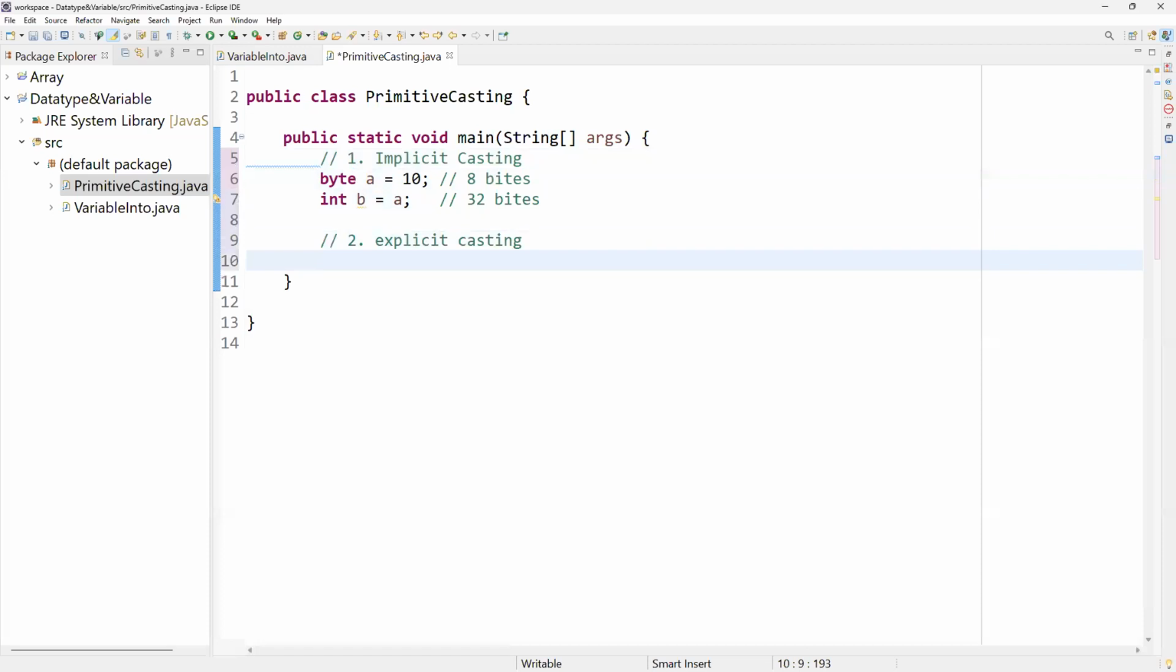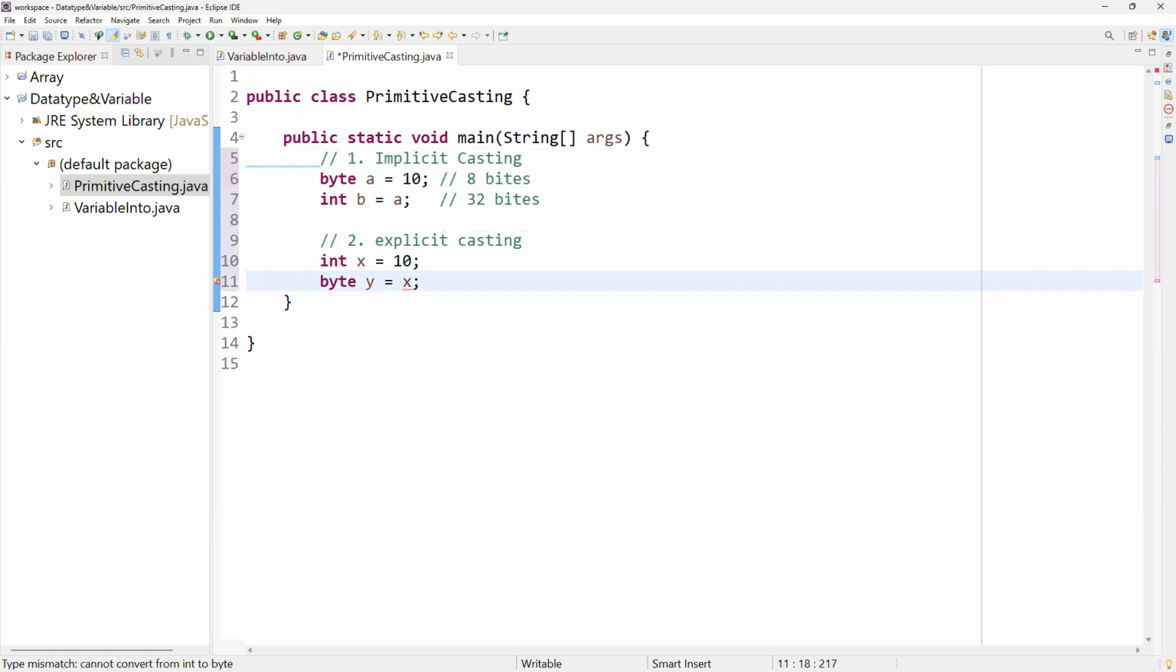But in explicit casting, let's do the same thing in a reverse way. I have an integer type of value, and I want to store this value into a byte. Here, Java will give us a compile time error, even though this value can be stored inside 8 bits of memory. Here we are trying to convert 32 bits of value into 8 bits, and there can be a loss of bits in this conversion. That's why Java doesn't support this kind of conversion internally, but you can do it